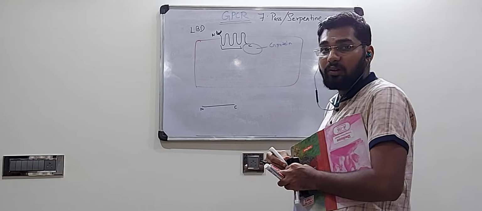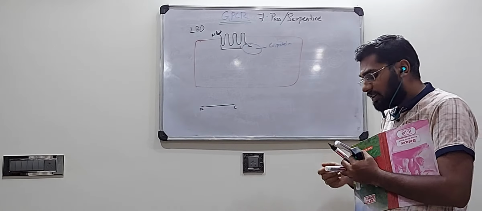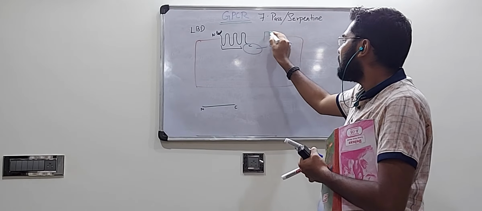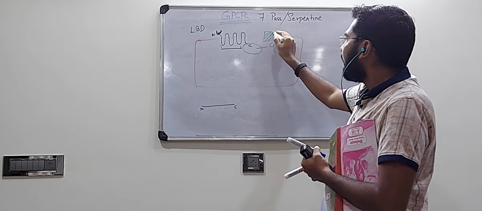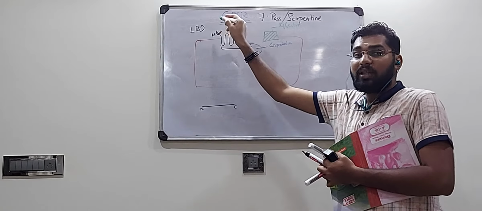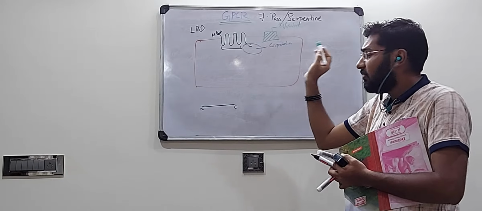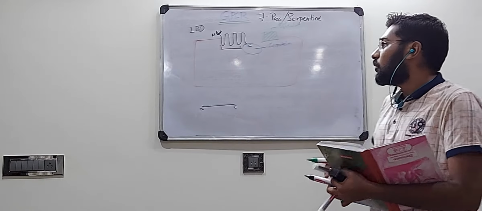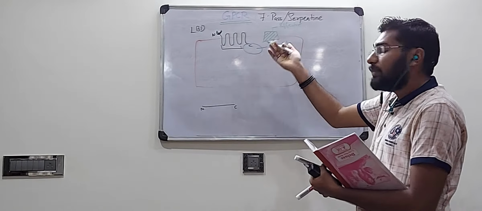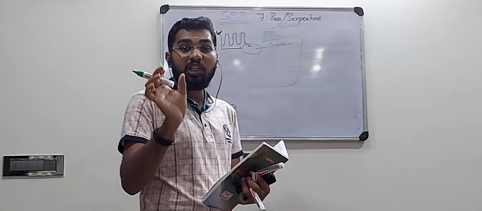So this is the structure of your G protein coupled receptor. In the downstream, that means near that region, you will have an effector molecule. So what is this effector molecule? We will study in this video. We will have an effector that gets activated by the binding of the ligand. When the ligand molecule comes and binds, all these things get activated. We will come to it in the later part of this video. So we will quickly revise this. The N terminal is towards the cell wall and the C terminal is towards the cytoplasm, and with this C terminal there is one protein attached that is called the G protein.